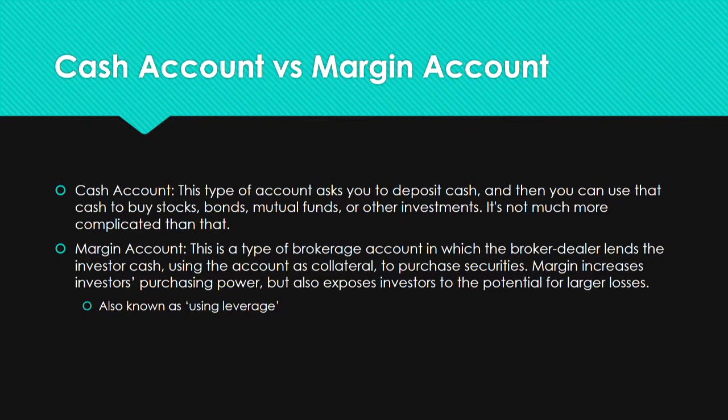This is also known as using leverage. So usually brokerages have a 1-to-6 leverage. Say that you have a $2,000 deposit in your margin account, then you would be able to trade with $12,000 worth of cash borrowed from your broker. And if you're just day trading with this cash,